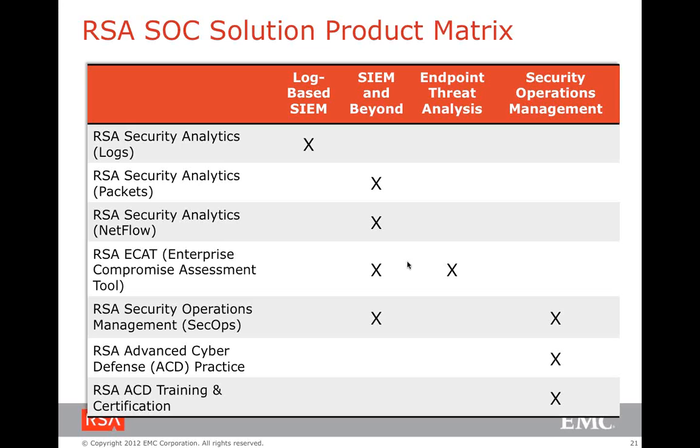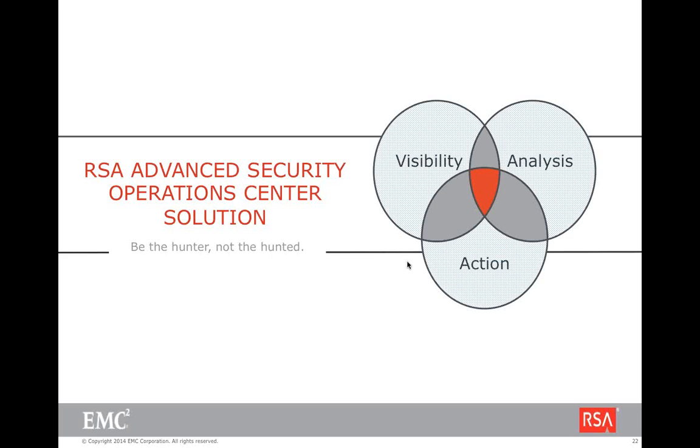So that's the summary of what I have just talked about. The RSA Advanced SOC is all about visibility, it's all about analysis, and it's all about action, in a manner that we are not going to suffer from APTs, but we really would be predicting that we most probably are in a situation where we might be compromised. So hunt the attackers before they attack us. Right? So that's the summary that I want to leave the presentation with all of you, and I'll open up for question and answers now.